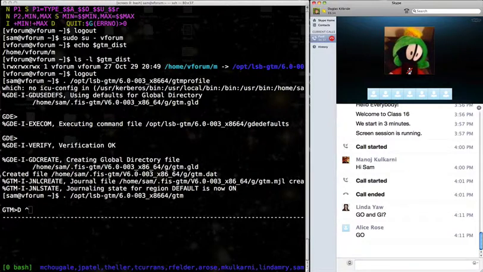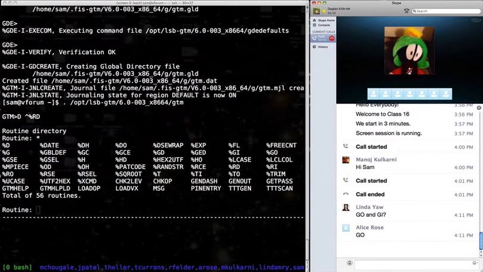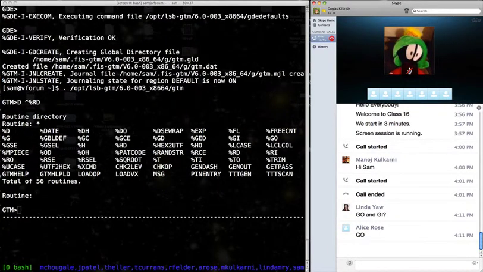I sourced a file called GTM profile. That's not the focus of this class, that's something else. Just telling you a nice thing that we have with GTM where you could set up a new database in 1 second like that. So let's look at all the routines I have. You could see that I don't have my routines here. So now I'm going to do